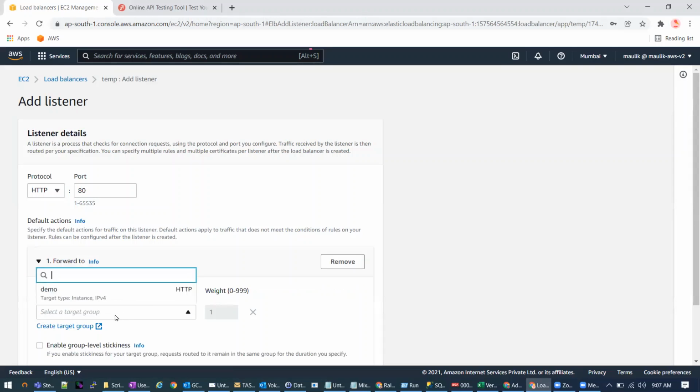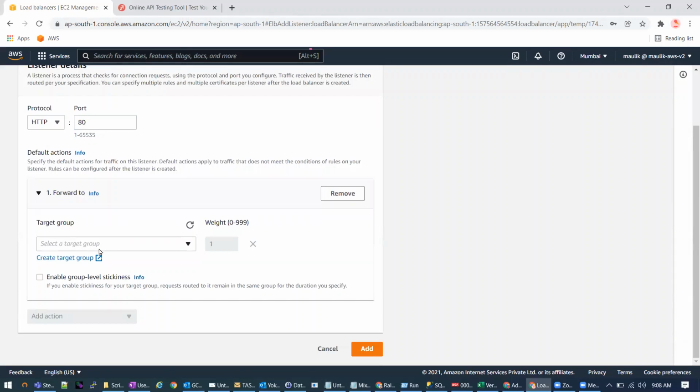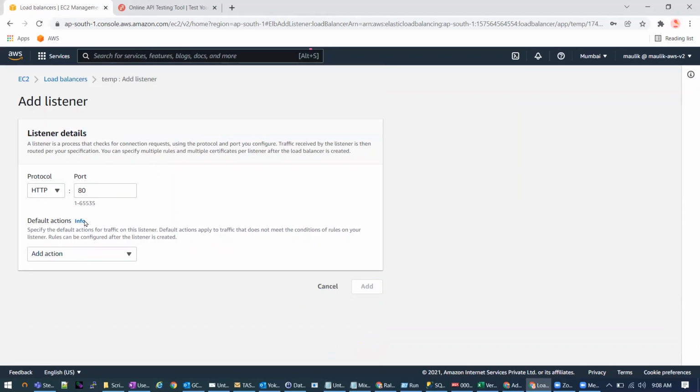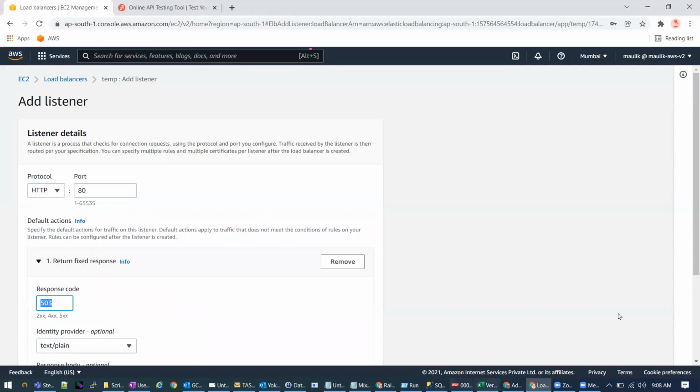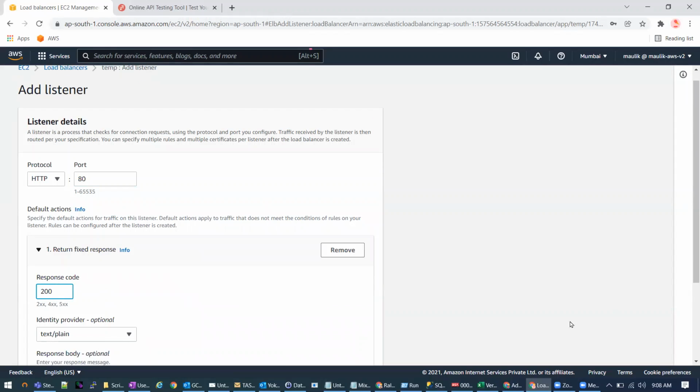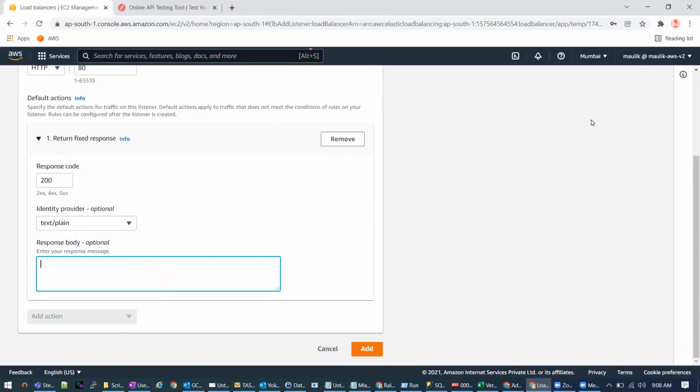Here you can put the target group, and then when the user hits the website on port 80, it will redirect to the servers which are added in the demo target group. As of now, I have not added any EC2 instances in the target group, so I don't want to forward the traffic to the server. Instead, I will return a fixed response. We just want to see how it can filter out the port number.